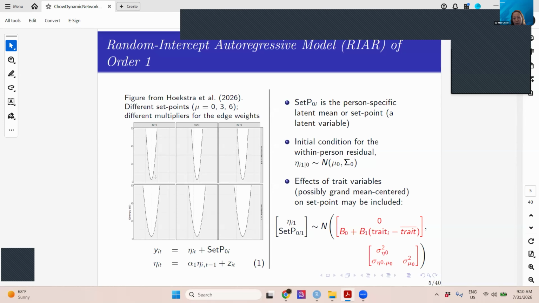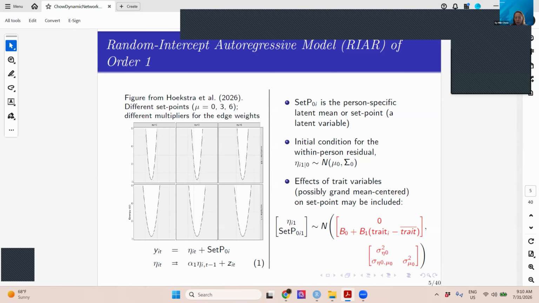When the edge weights are very high in absolute magnitude, you get to the bottom very quickly. Compared to that, in this variation it takes longer. Like if you have a ball here, it takes longer for us to get to the bottom. And then how you get to the bottom also changes depending on whether you have a univariate process or coupled processes. So we can start with an autoregressive model, which relates a variable at time t to itself at time t minus 1.